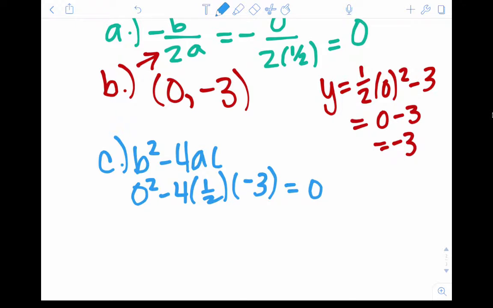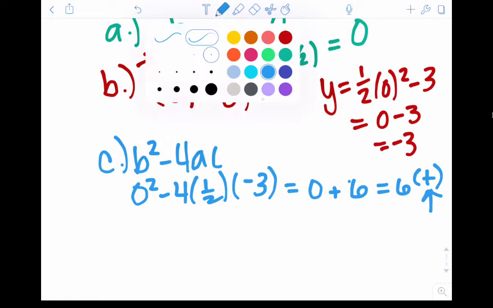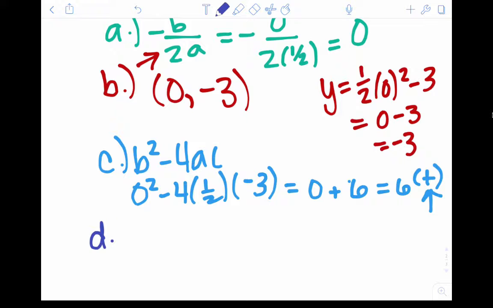So this is 0 plus 6, which is 6, which is a positive number. That's the main thing we need to look at. I can't do anything more than that, but now I know that it's positive, so I'm going to have 2 x-intercepts. So to figure out those x-intercepts, which is the next part,